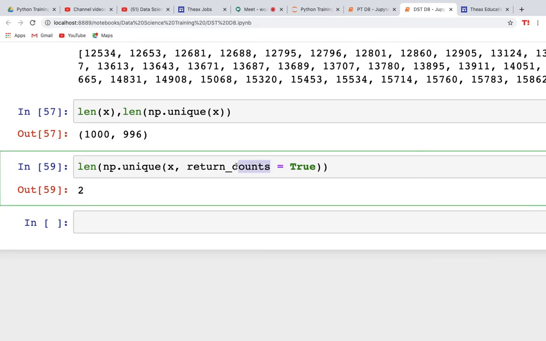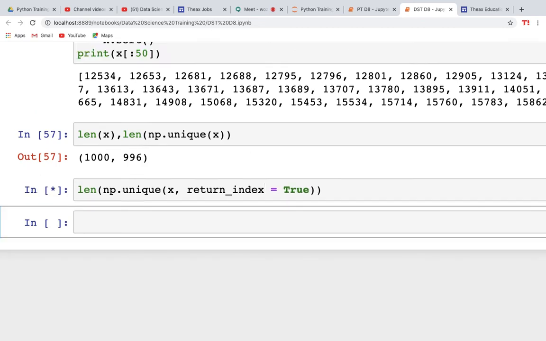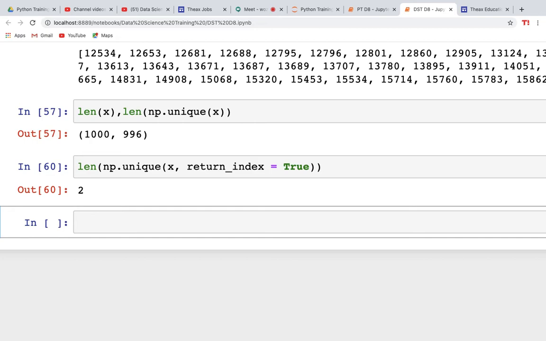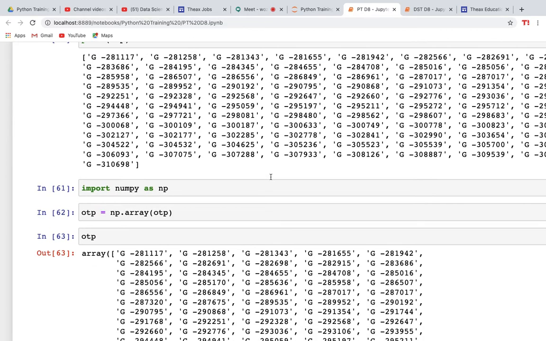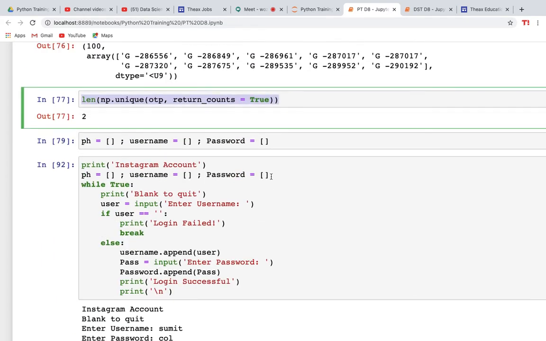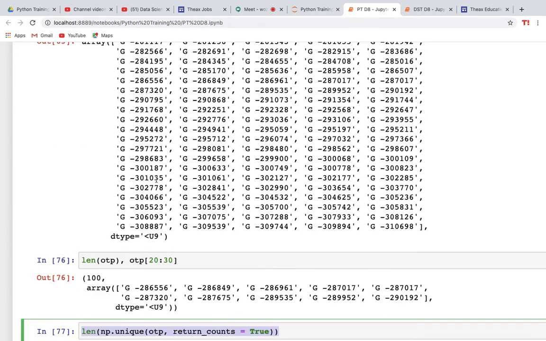If I say I want the index for it, let's say where it has been,